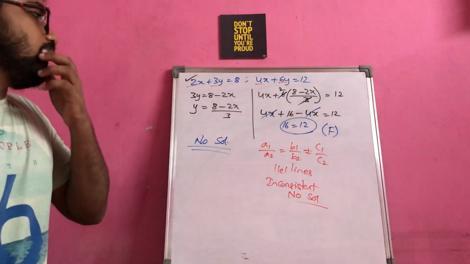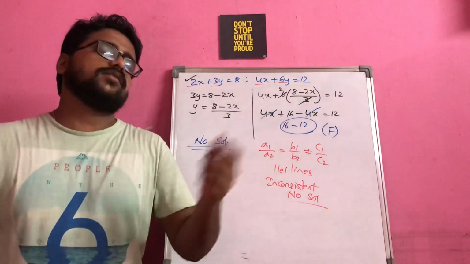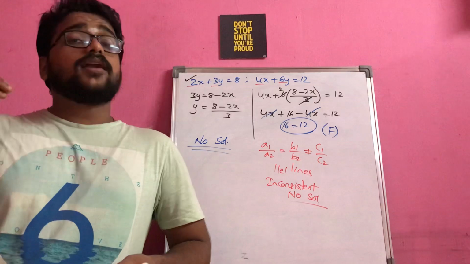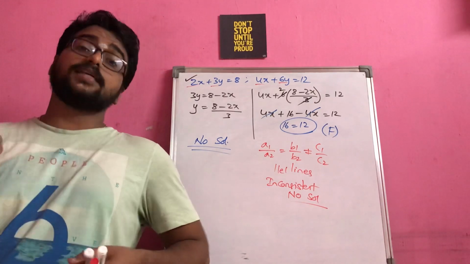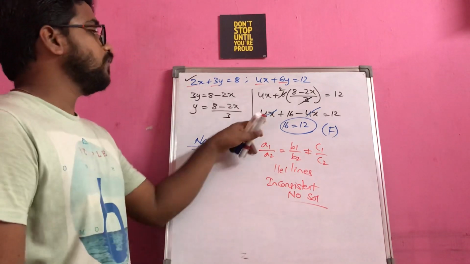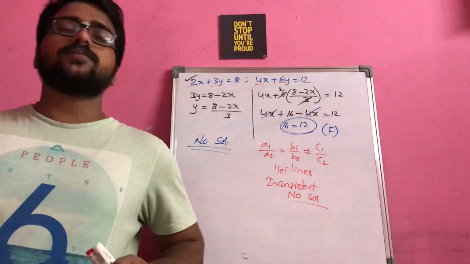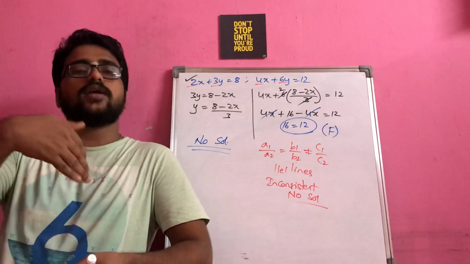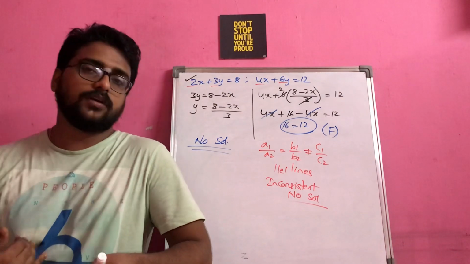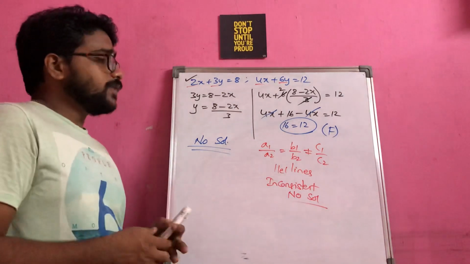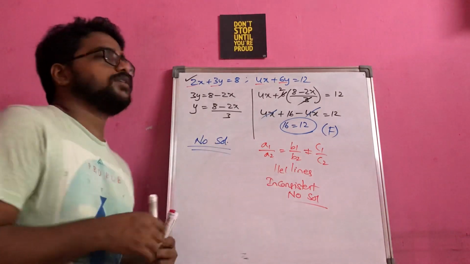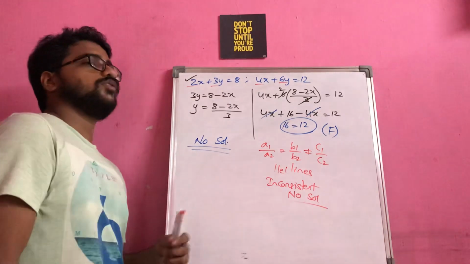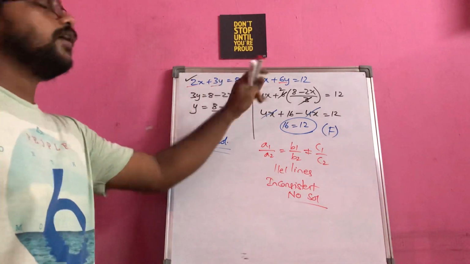So whenever you are getting 16 equal to 12 like this, you should not get tense after seeing that result. Instead you should make sure why it is coming this way. Did we make any calculation mistake previously or not? This is how you have to cross check your work, by just going a little back, 2, 3, 4 steps. Okay, so you just have to write here no solution, because this is an invalid statement, because of which no solution will exist for these two equations.